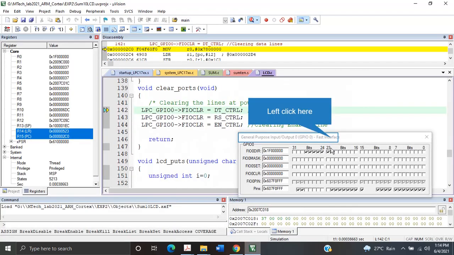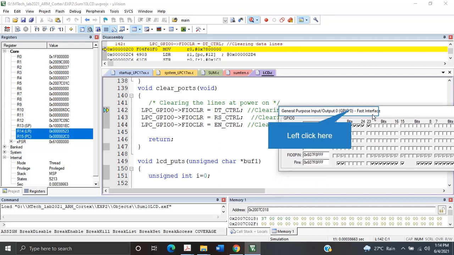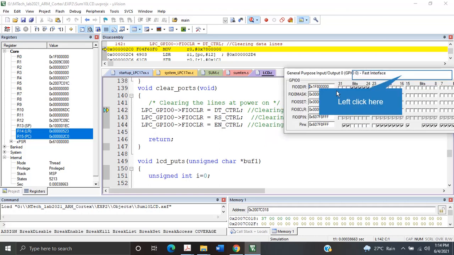Okay, so here in this case he has used the LCD panel, and that is what is meant by clear ports. Data control is whether you are writing or reading. RS is for register select, enable is enable. Put S is when you are writing something or putting a string onto the particular display.